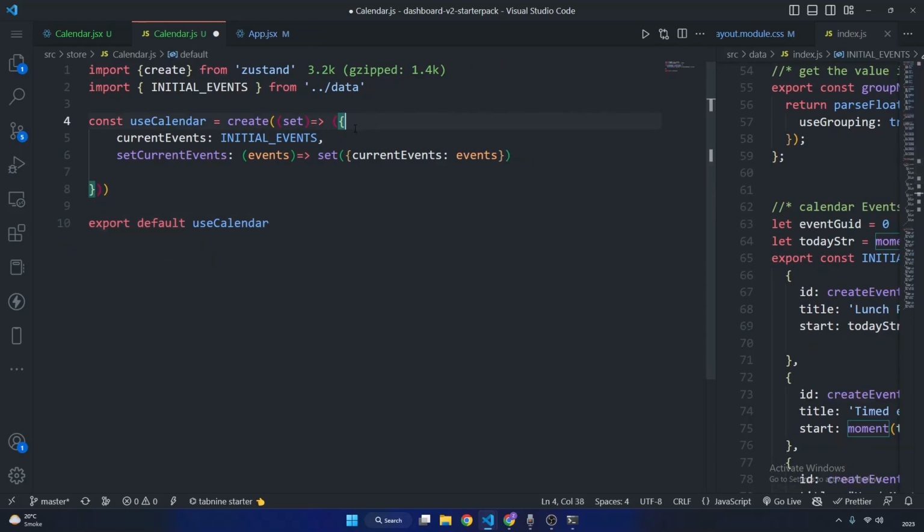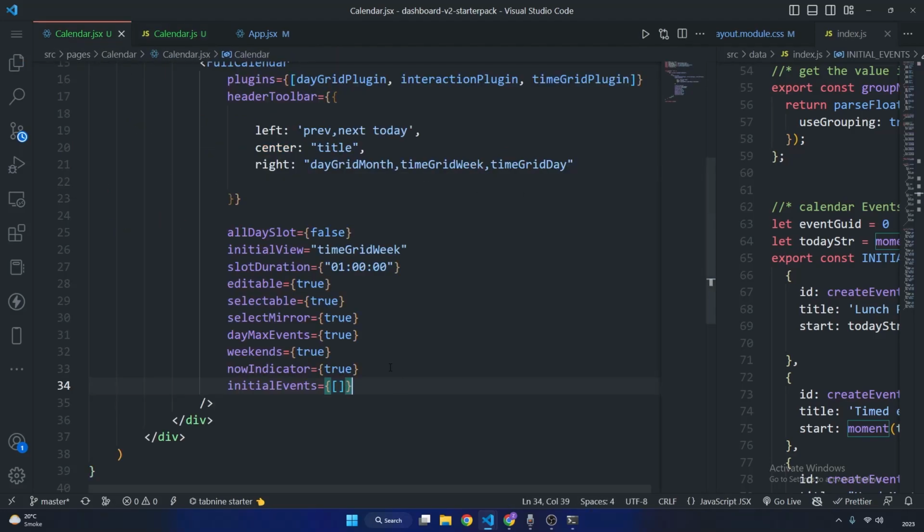So here what is going on: we have by default a global state of current events, which has this value of initial events, and when we want to change these events, we can call this function of set current events in any of our components within this app. So let's save this. Inside the calendar.jsx here,